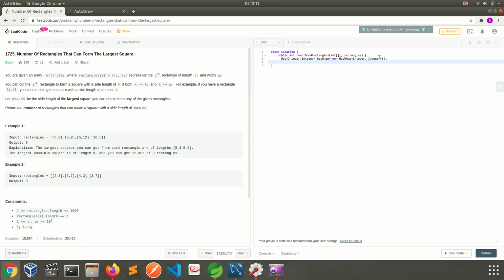After that, we need to iterate over the rectangles list, for each rectangle. First of all, we will get the minimum value, int minVal is equal to Math.min,